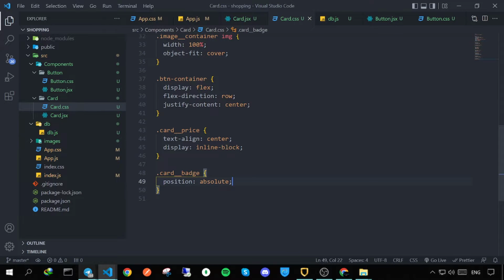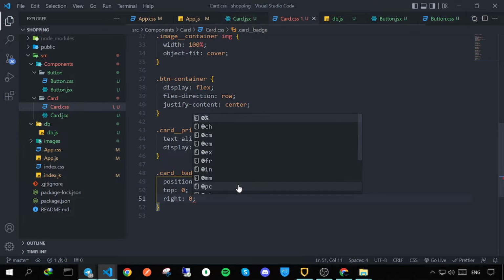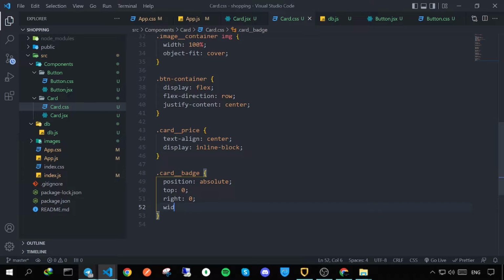Now we can set the position of its child to absolute. Top 0, right 0, a width of 40 pixel, height of 40 pixel, background color